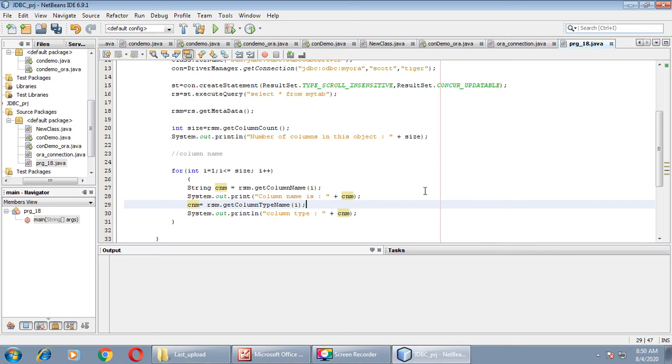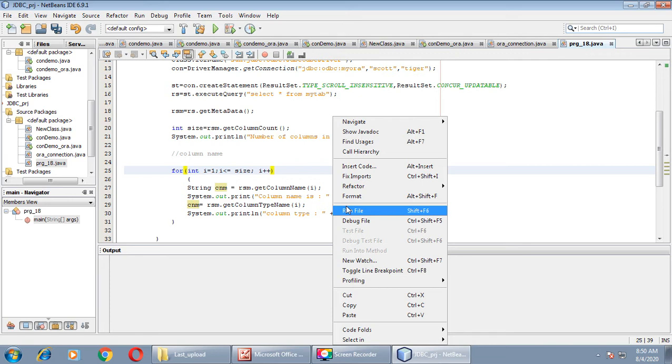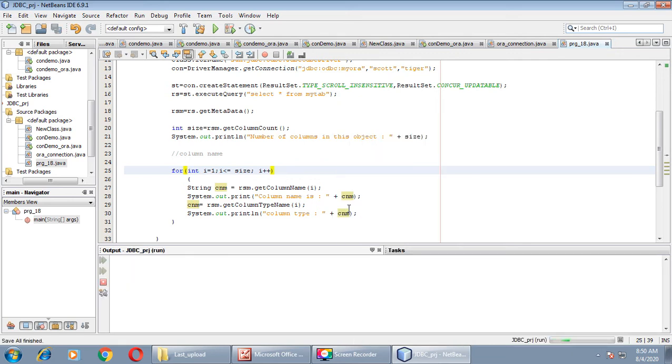Let us run this program up to this. Table or view does not exist. Here you can see an error that the table or view does not exist.